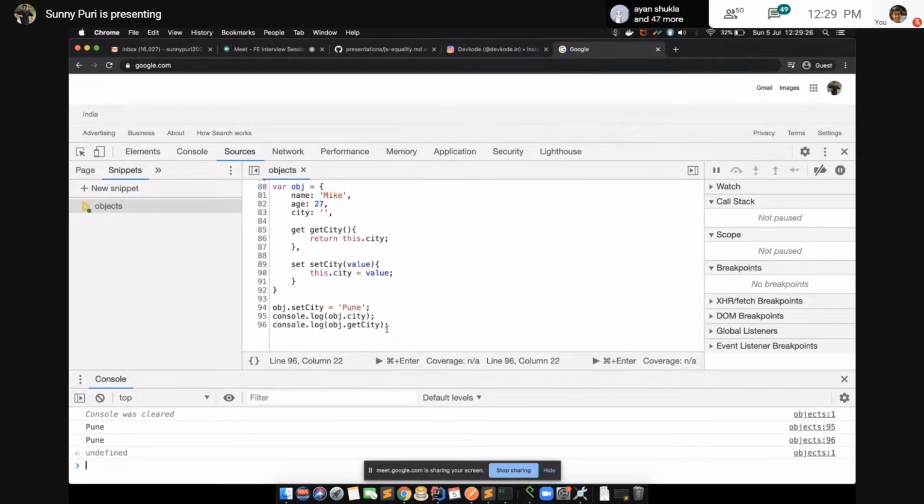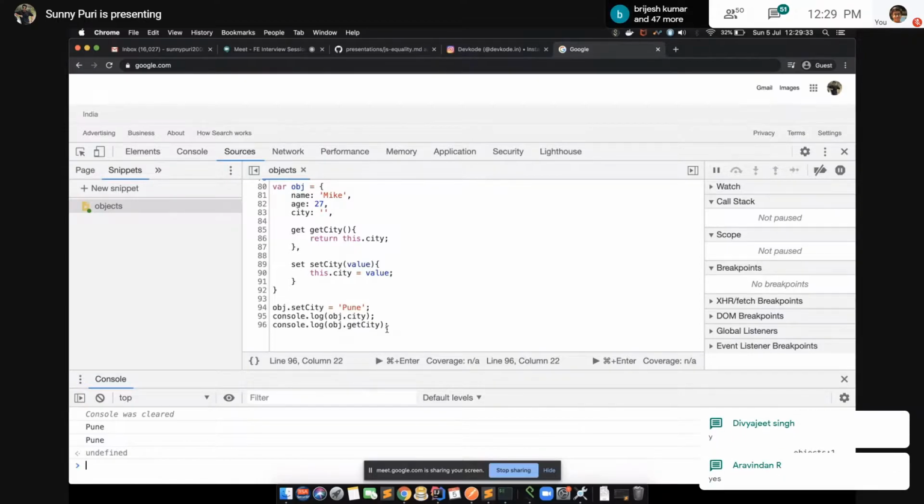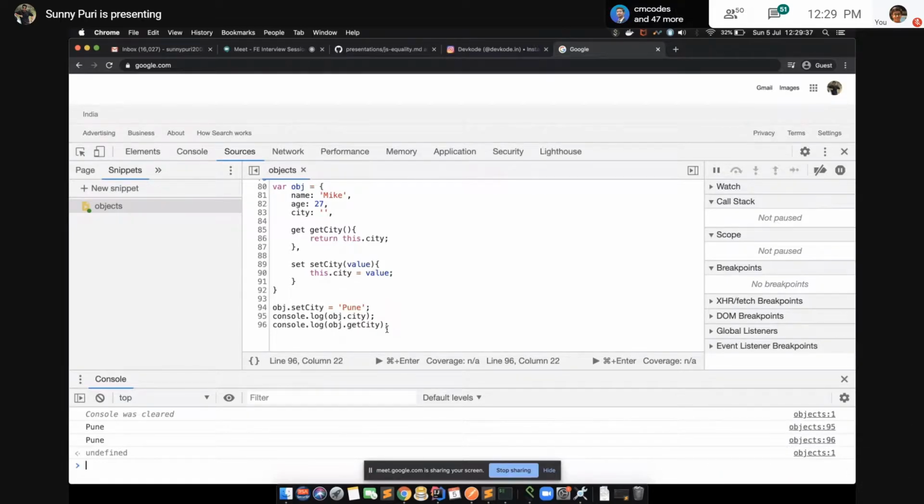This is clear, guys? What is getter and setter? We use the assignment operator to assign a value. This is the only way to use setter and getter. So when we go for functional programming, these are the key things which we are going to learn: how a design system should be used in JavaScript, and what is the best way to write a program.